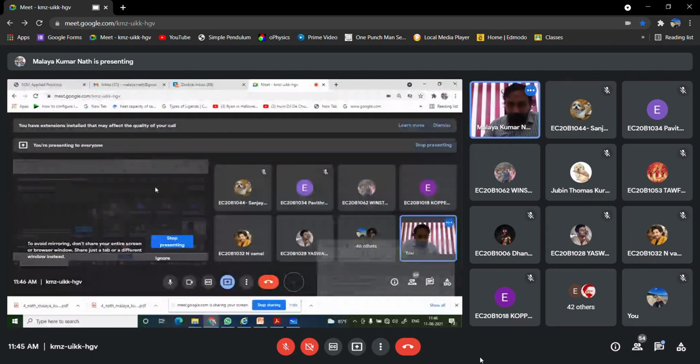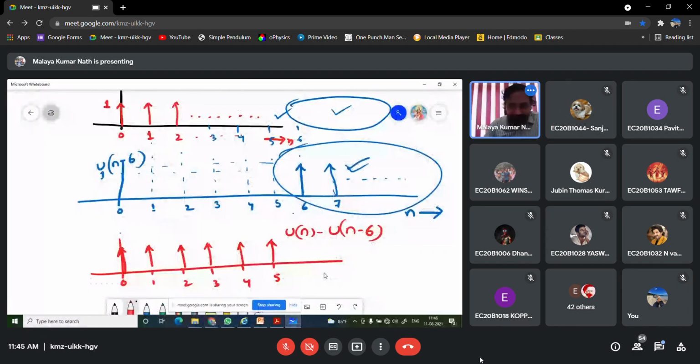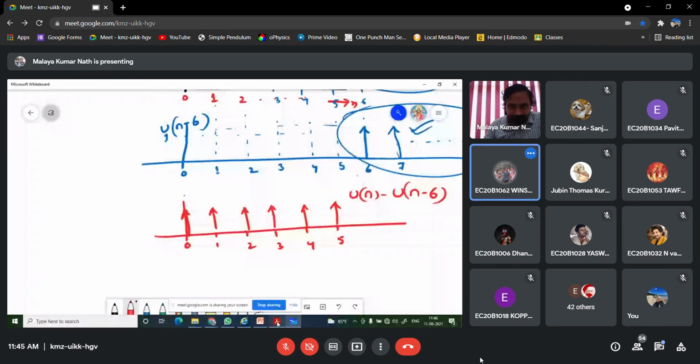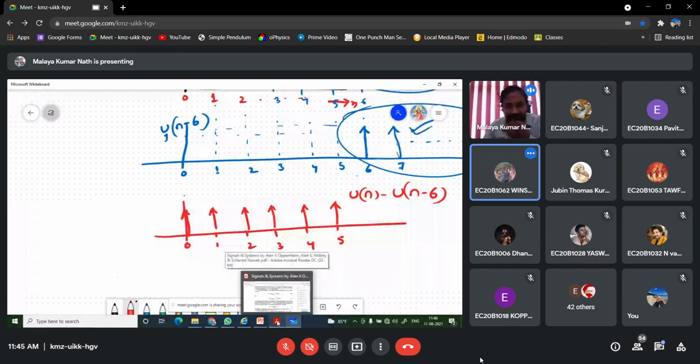Okay, fine. Sir, I have one doubt. Please tell. Sir, I don't understand what we are doing in that energy, power and all. Why are we squaring and adding? What are we doing actually, sir? I'm not getting why I am adding. How do we calculate the energy? How does squaring and adding give the energy, sir?